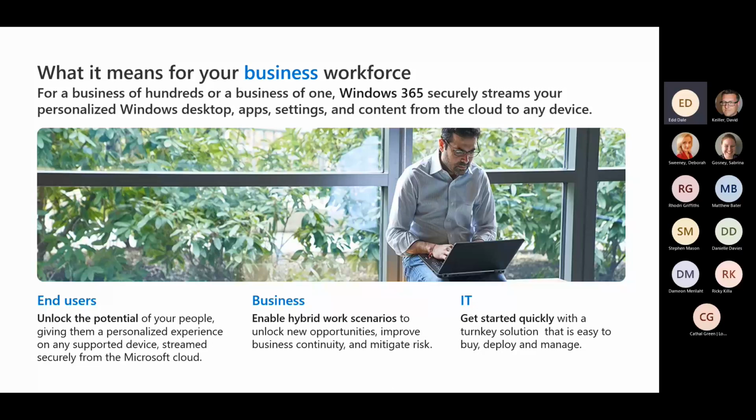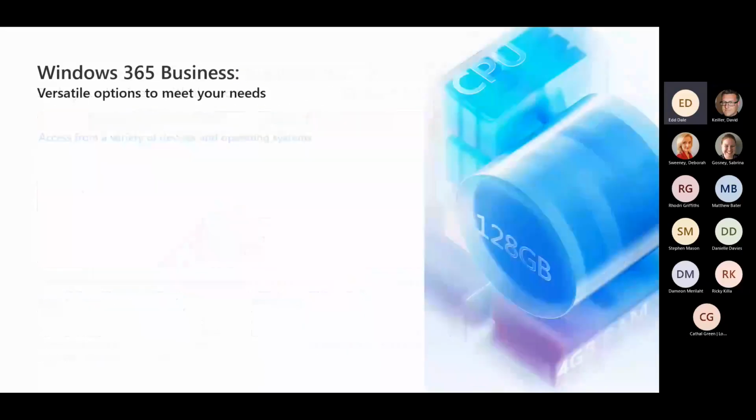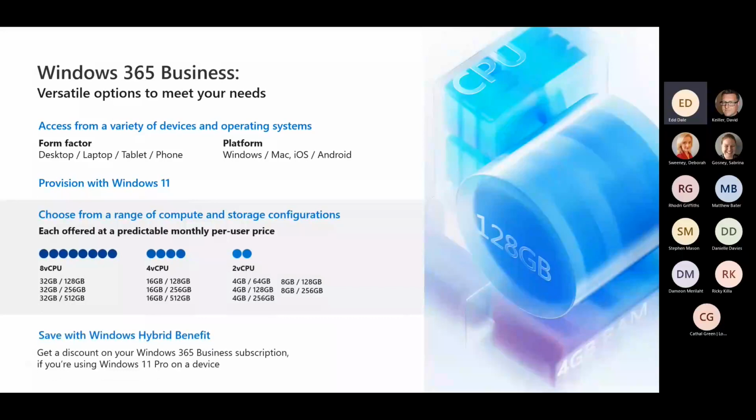In terms of pricing, pricing is determined by what size machine you go for. You don't have the same amount of flexibility with Windows 365 that you do with AVD. With AVD, you've got literally a list of hundreds of virtual machines in varying specifications. There is still a vast range available with Windows 365, but you can see it goes into these categories of 8 virtual CPUs, 4 virtual CPUs, and 2 virtual CPUs, and then a mixture of storage and RAM options. So these are the choices that you've got.